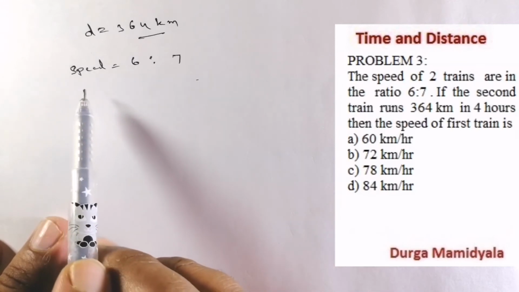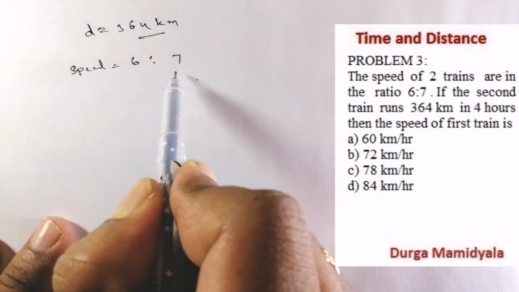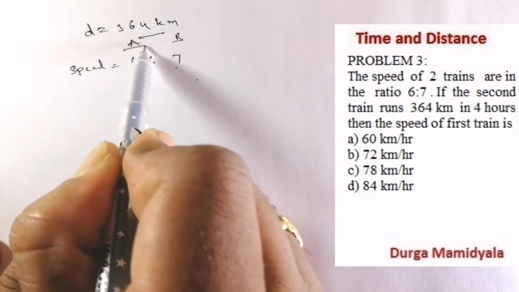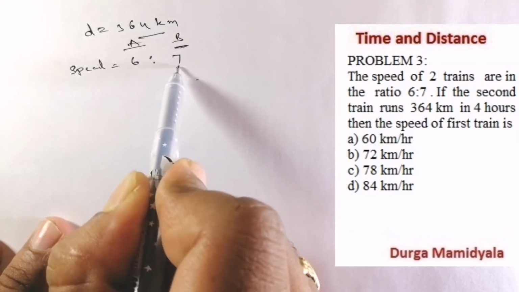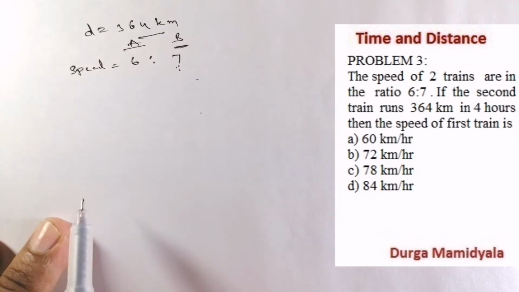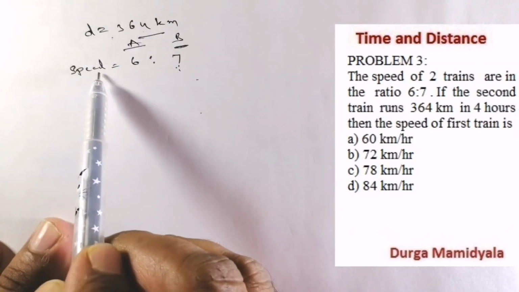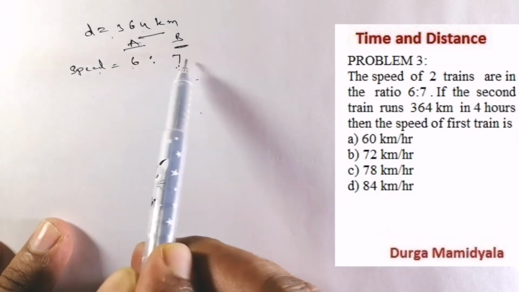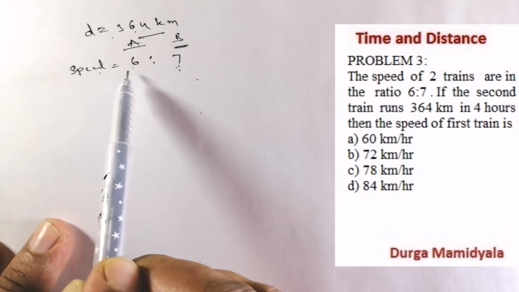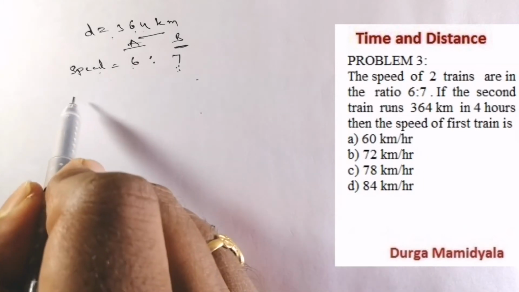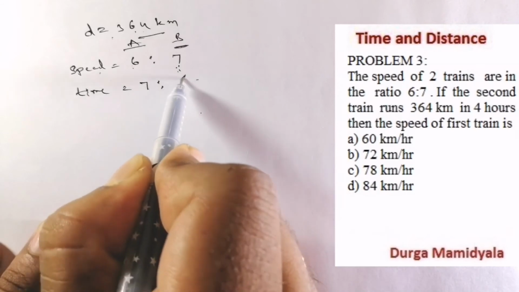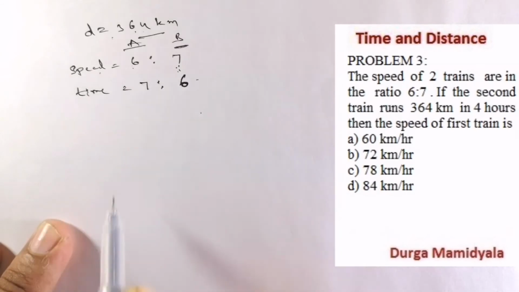So both are running the same distance, right? We have two trains, train A and train B. This train B reaches the destination in 4 hours. Since both are moving the same distance, the distance is constant. If the distance is constant and the speed ratio is 6:7, then what is the time ratio? It will be 7:6,